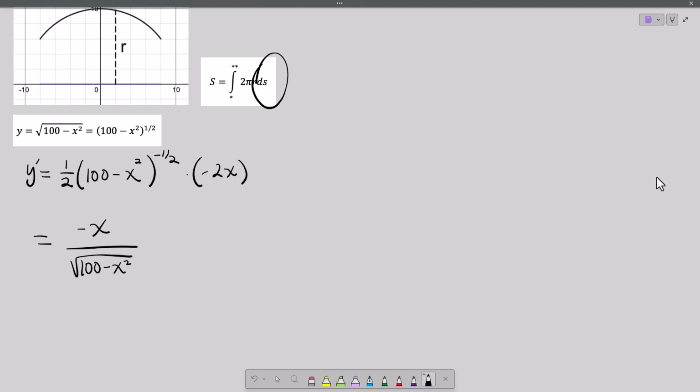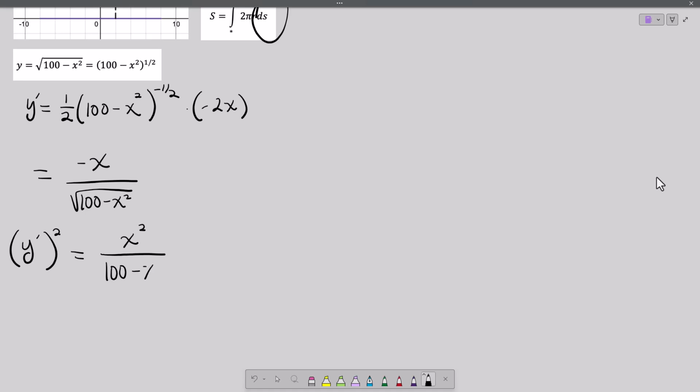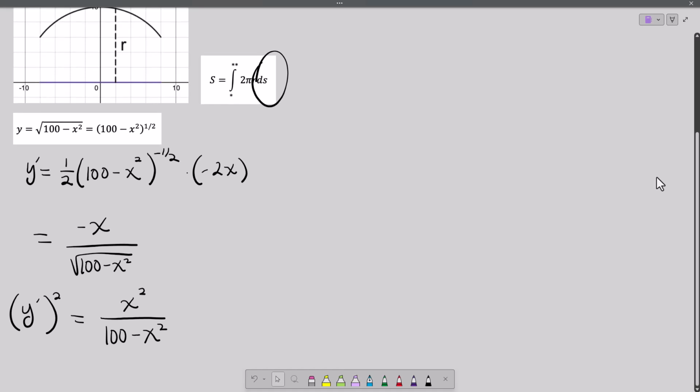With ds, we know that we're going to need a square. So I find it easier to find y prime squared out here instead of doing it all within the square root. It's a little simpler if we just square it out here. So you get that. Negative x squared is x squared. Square root squared is whatever's inside the square root. That gives us our y prime squared. So S will equal. Now,